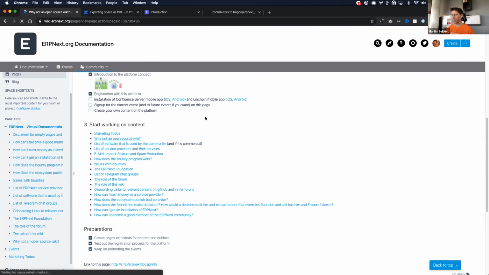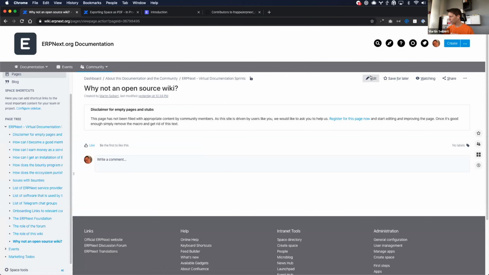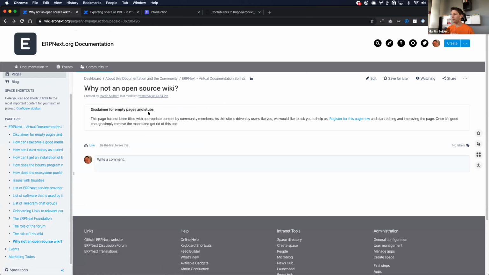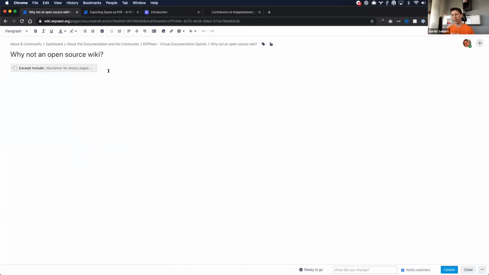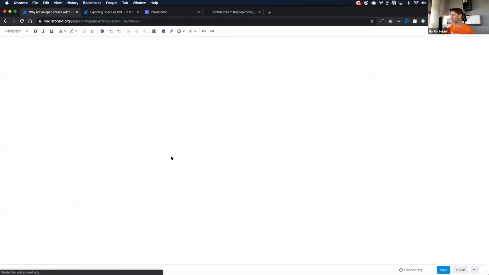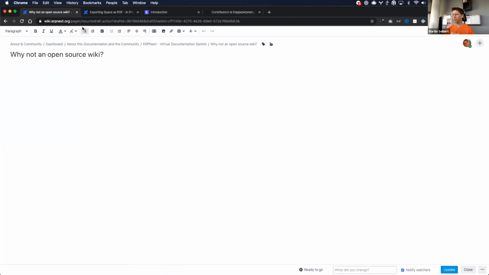This is something that Gunnar was asking me. And by the way, I have created a disclaimer for empty pages and stubs to have some content here, to not have a real empty page. There's a macro called excerpt include, and if I delete this, the page will be totally empty. Easy. So now I'm going to start here,